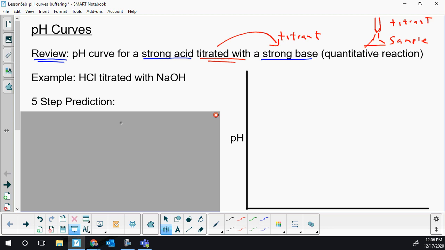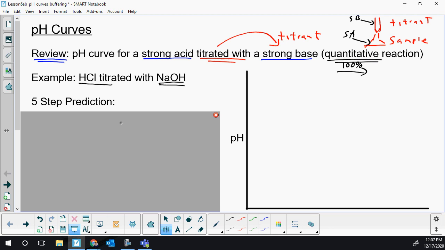So in this example, we have a strong acid down here as our sample. In our titrant, we're not sure what it is. We have a strong base, something like sodium hydroxide or calcium hydroxide. And last year we just did quantitative reactions. This word means 100%, and it's going to come up again throughout this lesson. Now a specific example of a strong acid with a strong base would be hydrochloric acid titrated with sodium